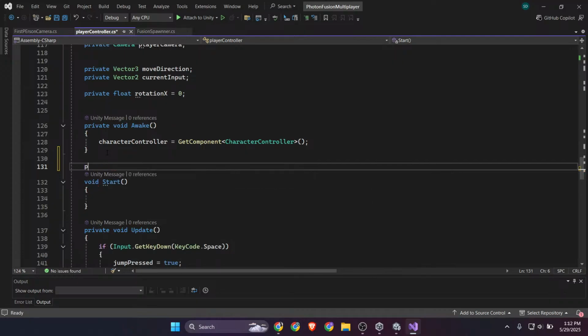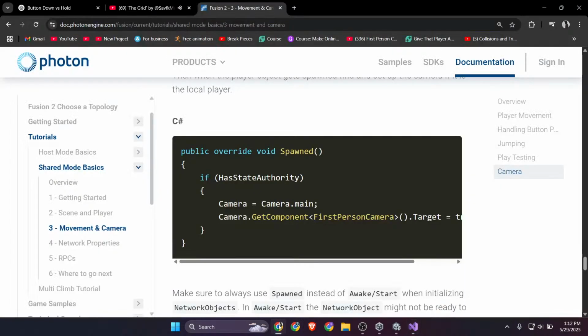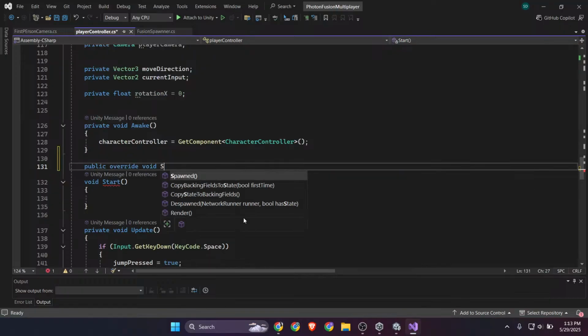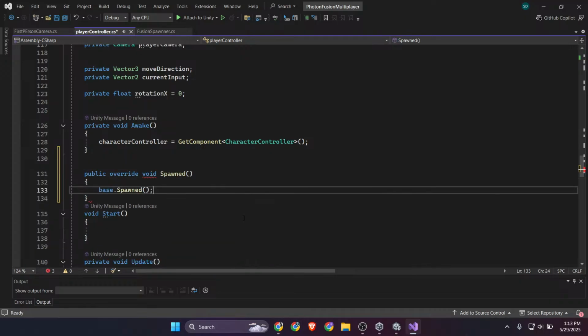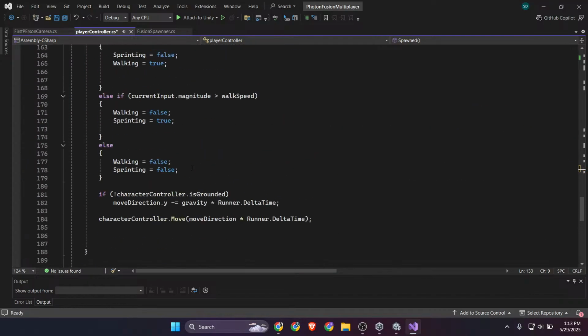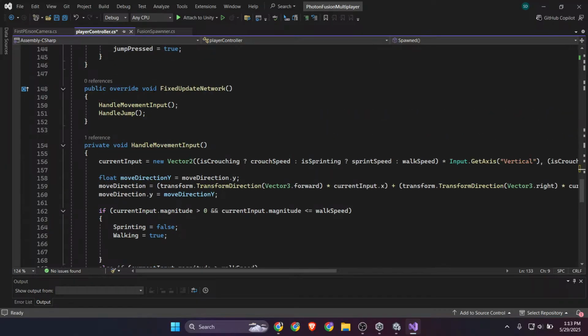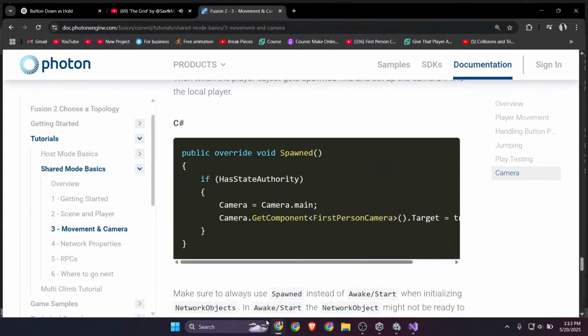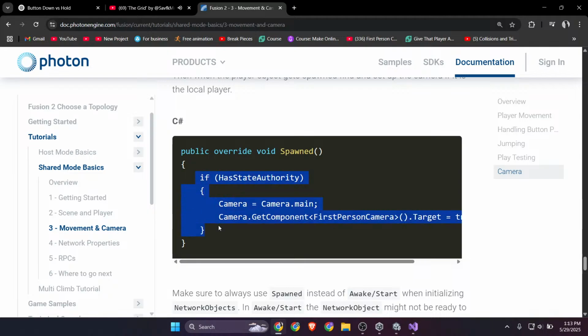Not this. What was the method? Override. And this on spawn, we had similar kind of override function. Fixed update we had this thing on this, so I got confused for it. And on spawned what we gotta do if it has the authority. So basically this thing,